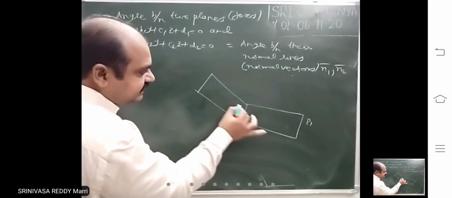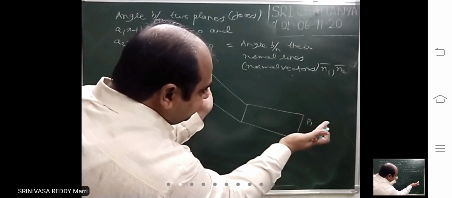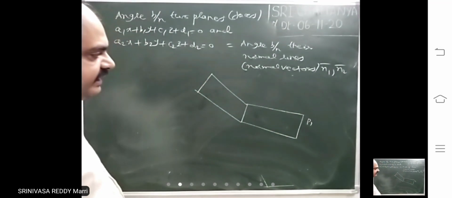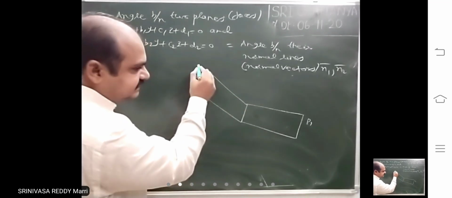The angle between these two planes means they will be inclined. How much inclination they have is what we will find. Angle between two planes is nothing but